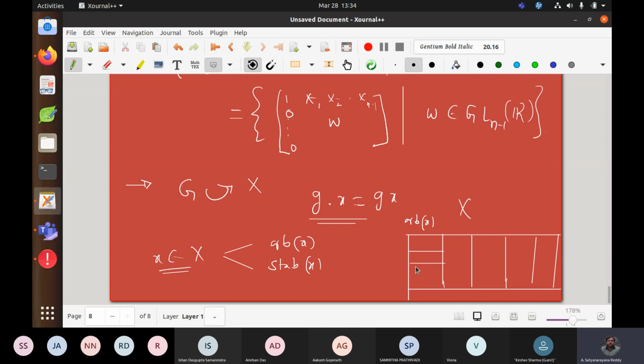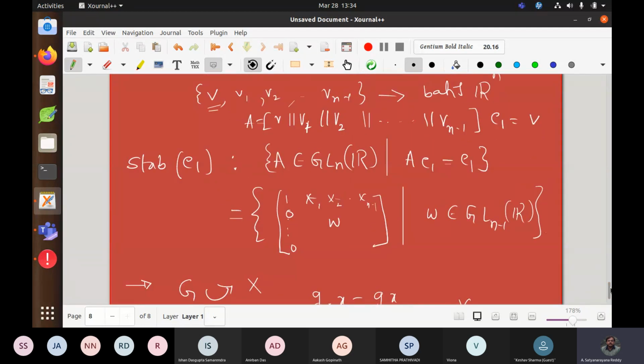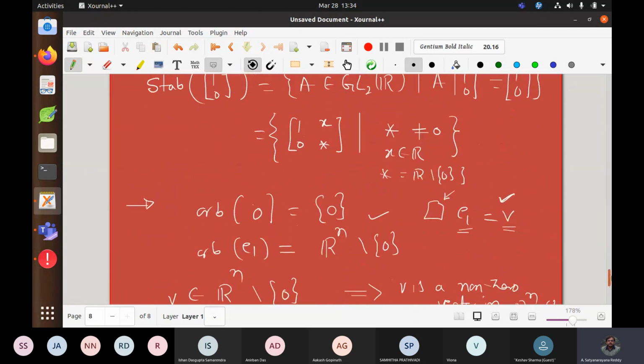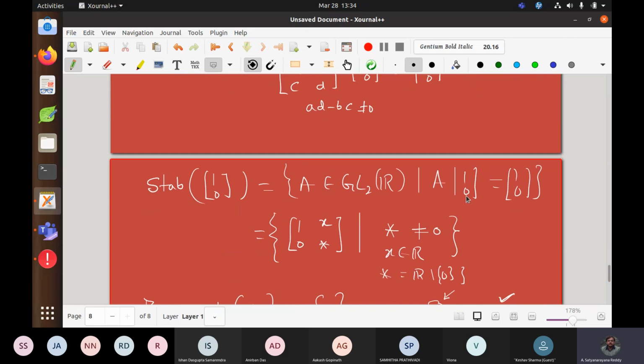These are the elements in the orbit of X. Can you tell me one element in the orbit of X? It's X itself. X itself, good. So we have X itself, right? So you understood here that there are many elements which take X to X and X to Y, right? You see that many times. So in the stabilizer, so many elements are there which take X to X. I hope you are comfortable with that.